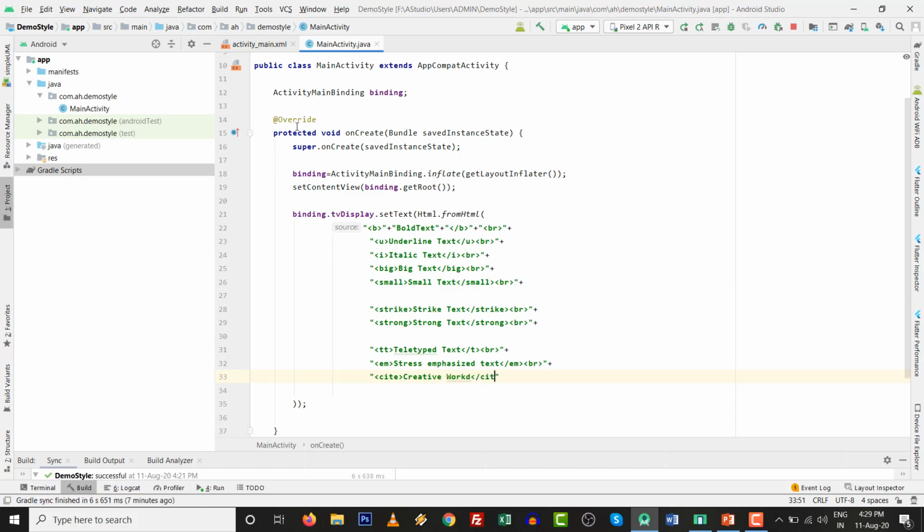Okay, I know that it is creative work, because many times someone asks me whether multiple styles can be supported inside a text view within only one text view. So I am trying to justify this one. So SUP, you know that is superscript, and end with the SUP and BR tag. Okay, I will try for the maximum. So another is the SUB tag. You can write SUB and BR tag with that, superscript and subscript.